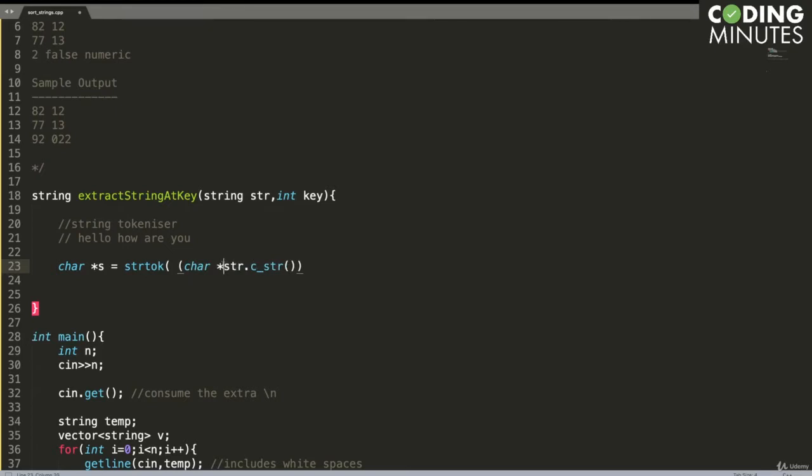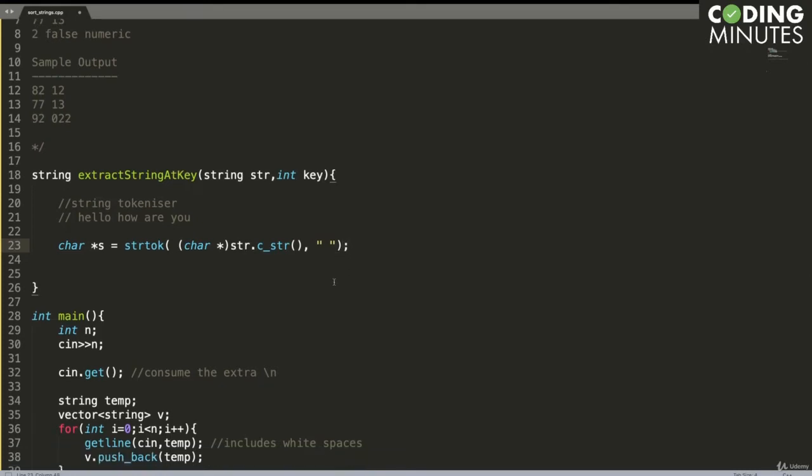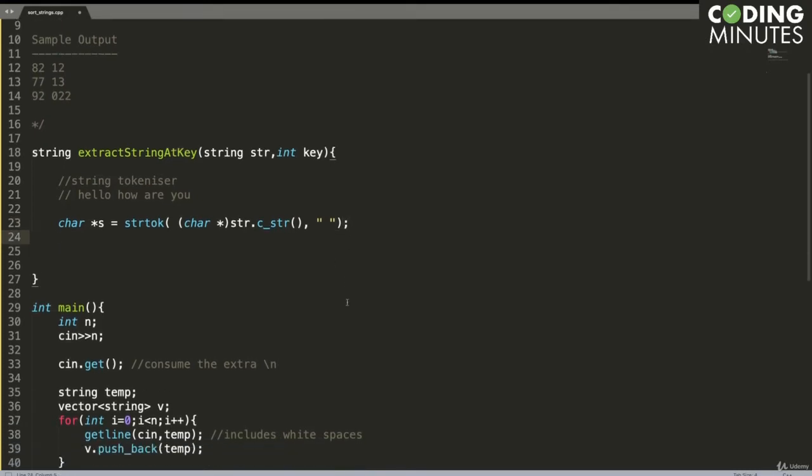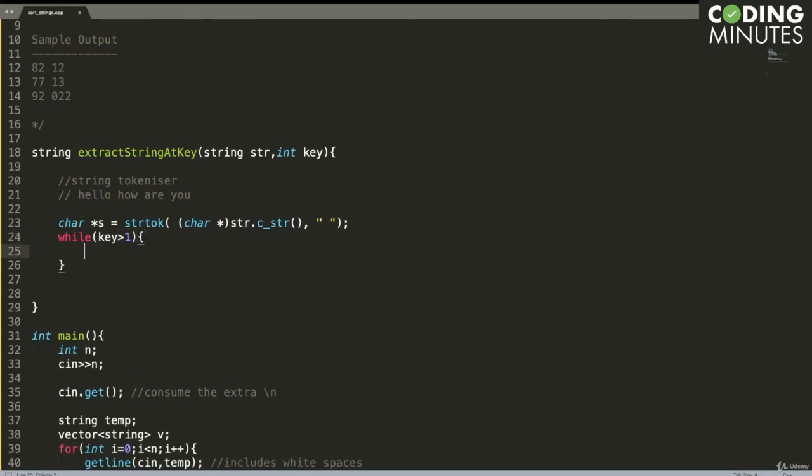So we typecast this into a char star pointer, right? And the second thing is the delimiter, the spaces, about which we want to tokenize this string. So what we can do now is we can say okay, while key is greater than 1, let us extract the next token.